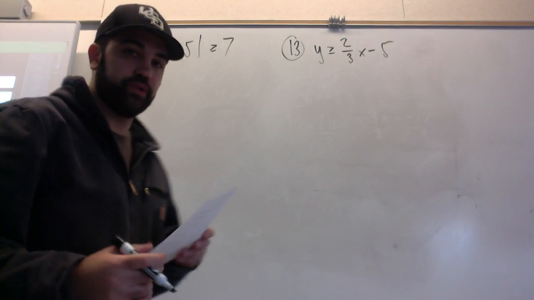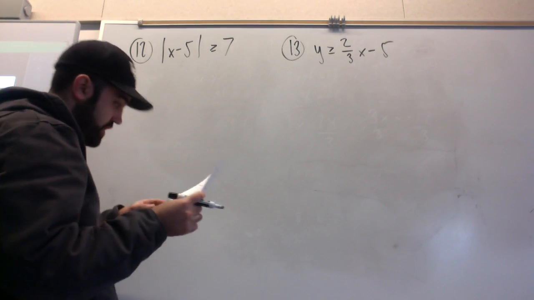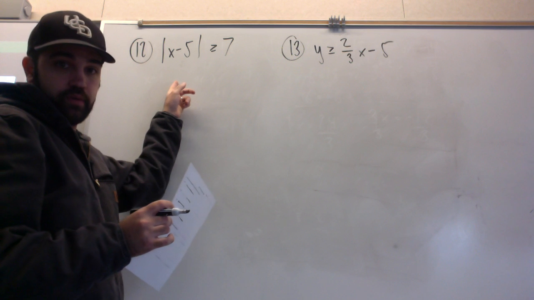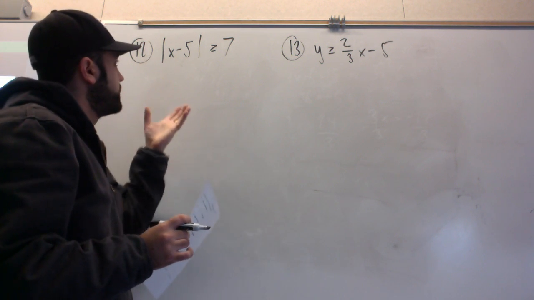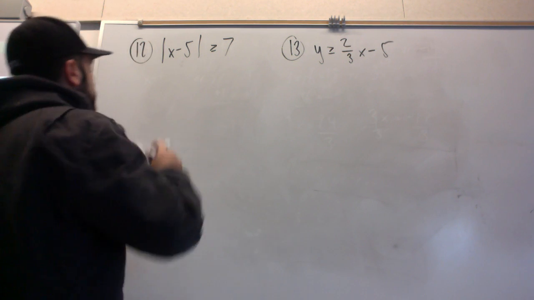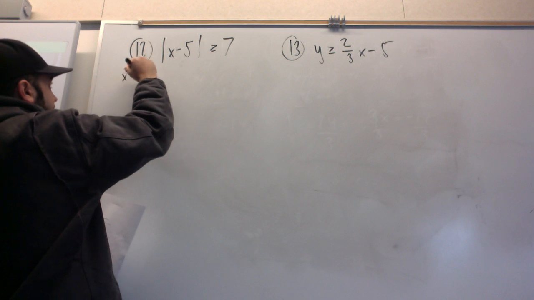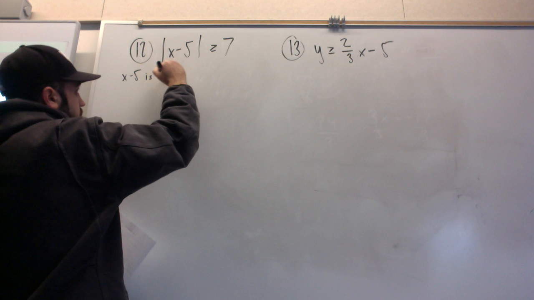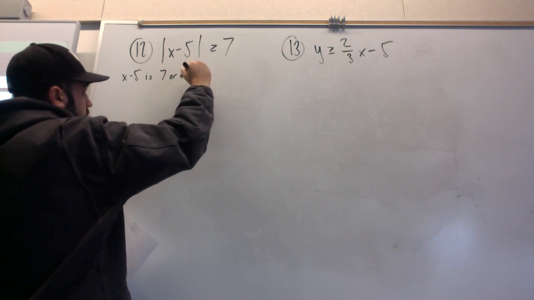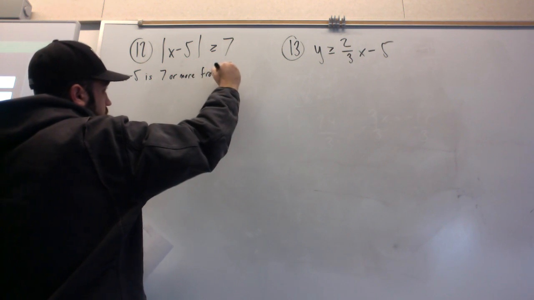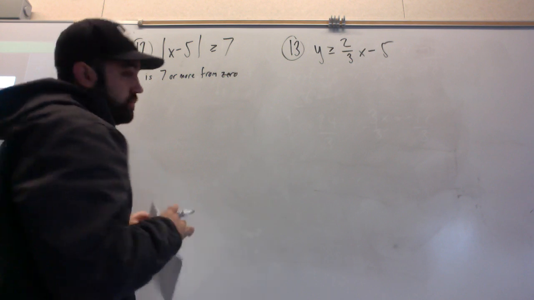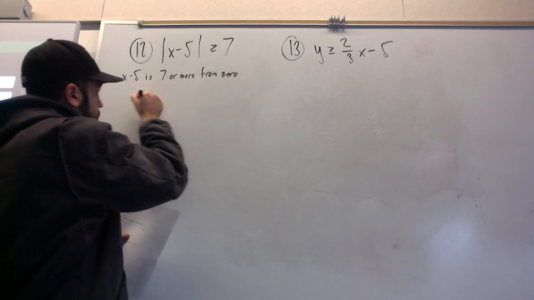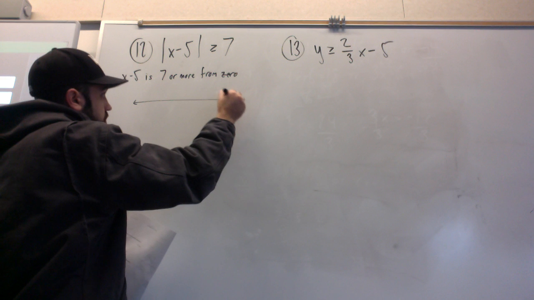12 and 13, final two from the practice test. So these are tricky, right? You should always look at it and think about what is it saying first. If I think about this, it's saying that x minus 5 is 7 or more from 0. So if I took this statement here and I demonstrated it with the graph, right, 7 or more